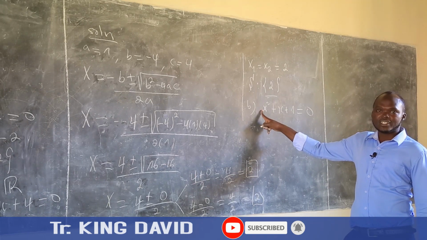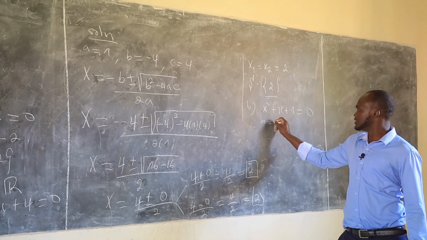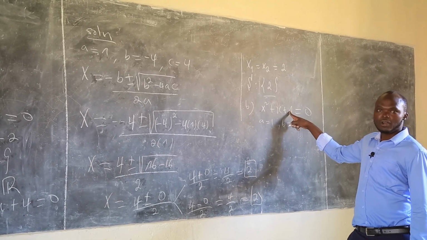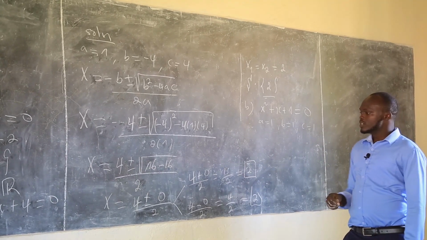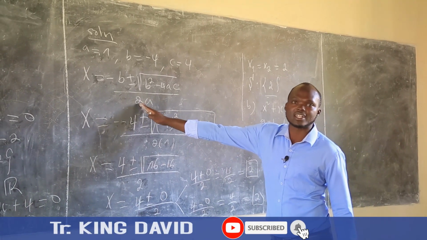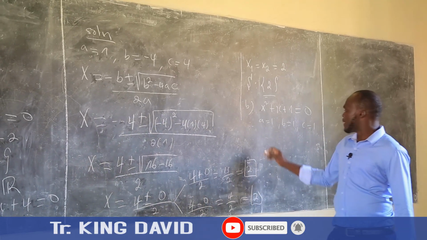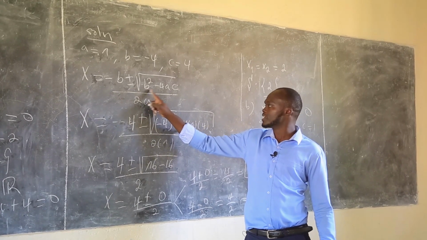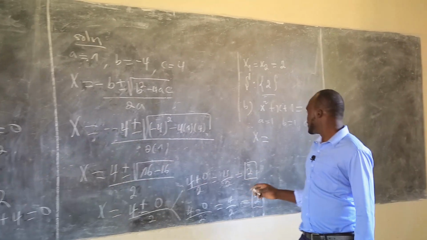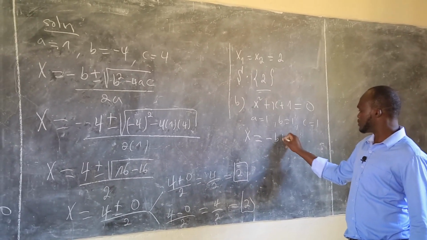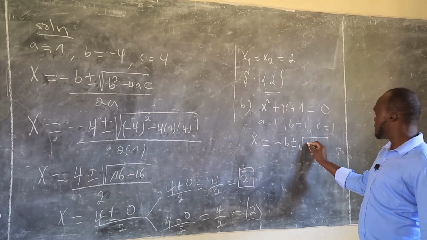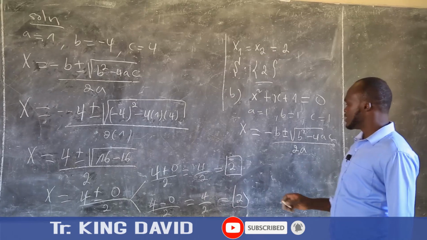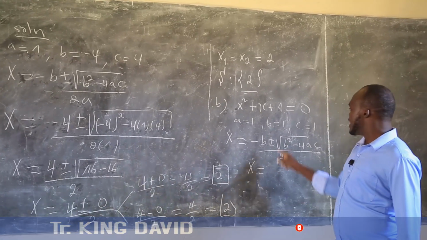So the coefficient of x squared is 1, which is a. The coefficient of x is b, which is 1. And the constant is 1, which is c. So we're also going to use the quadratic formula. Now our x will be equal to negative b plus or minus the square root of b squared minus 4ac, divided by 2a. So now x is negative 1